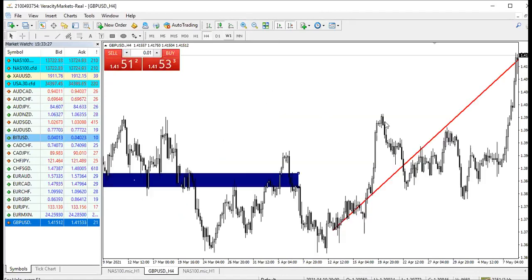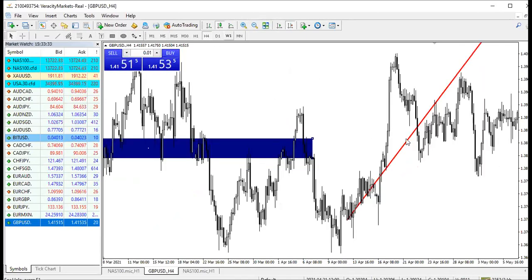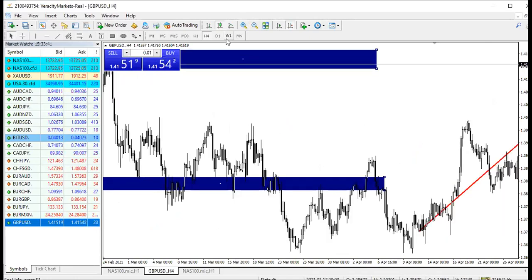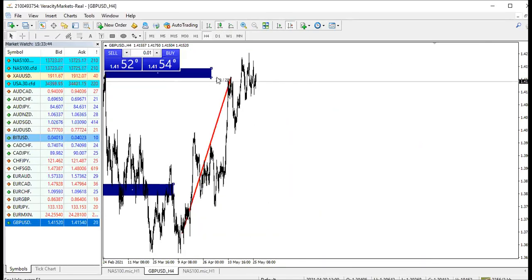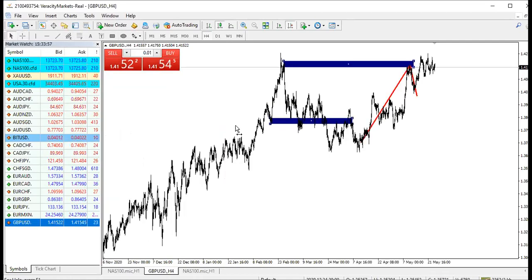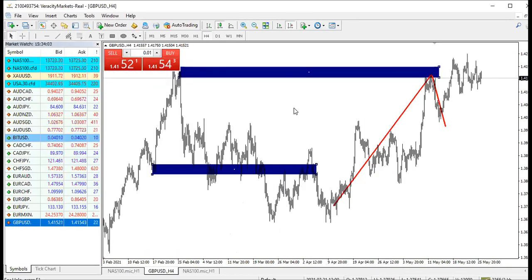Then you look from the head, you have what? A big candle, which is our supply zone, which is our zone. There's an imbalance here. Then we don't know in the future when the market comes back what it will do. But then it did what? It rejected. So the first rejection is enough. We are out. We have already collected our profit. Let's see how many pips: 100 and something, 150 pips, almost 200 pips. You could have made a lot of money with something easy. This is very easy, guys.